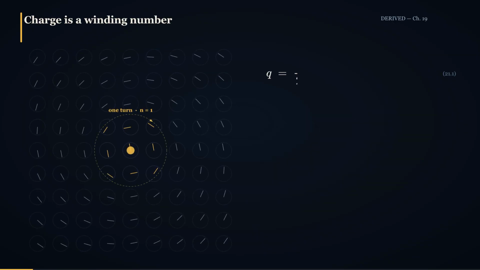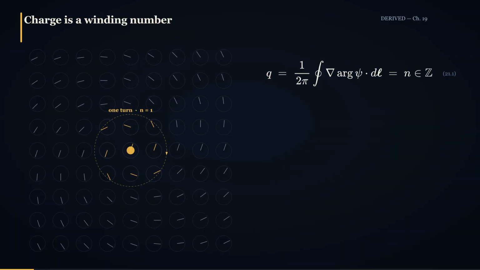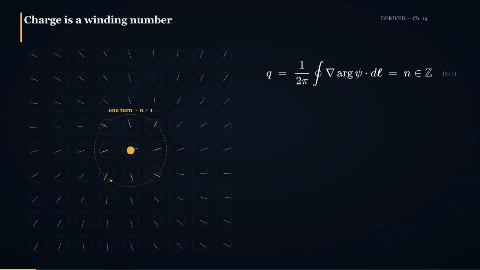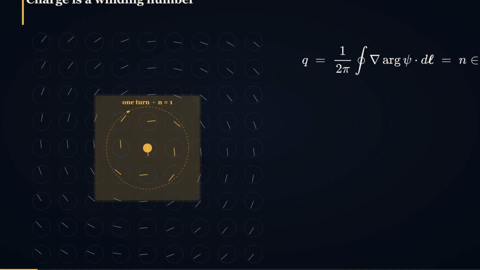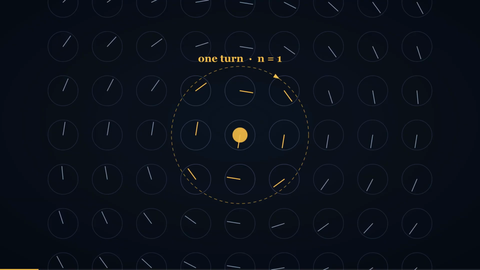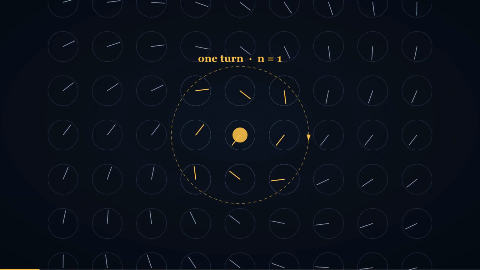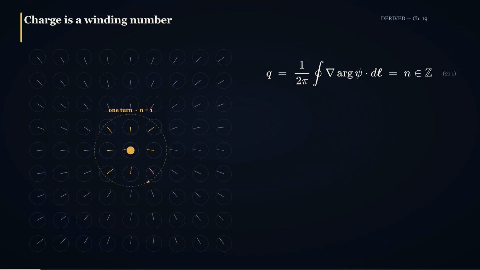Start with what charge already is on this substrate, because that is where the trouble comes from. A particle of matter is a knot in a phase field, a defect where the phase of the Goldstone mode winds around. Its charge is the number of whole turns the phase makes as you walk a loop around it. That is the whole reason charge behaves as it does.